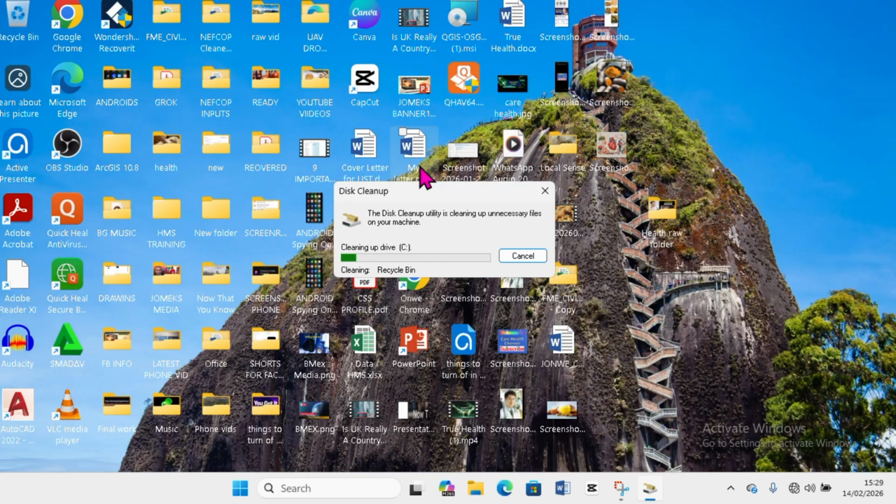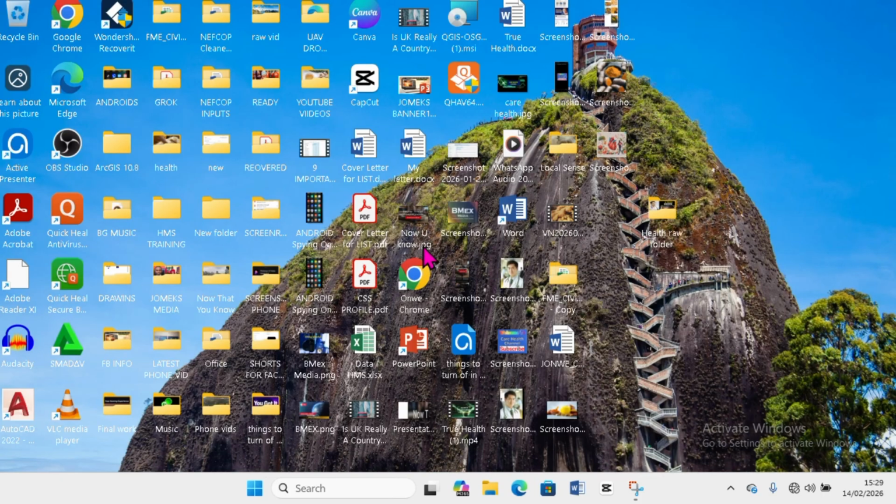Once you are done with it, just restart your system. If your recycle bin is very high, just like my own, it will take several minutes for it to be emptied, but as you can see, it is done. That's how to go about it. And once you are done with it,